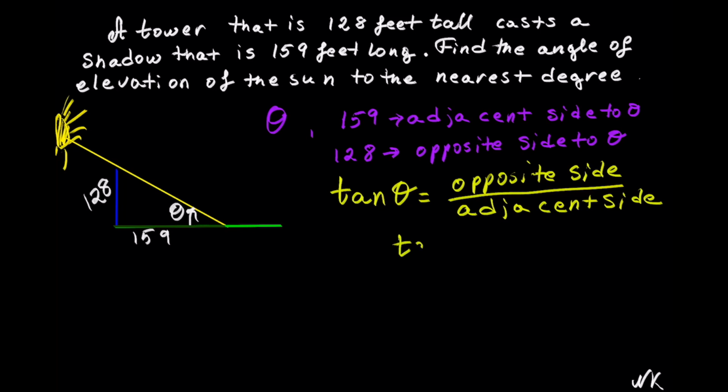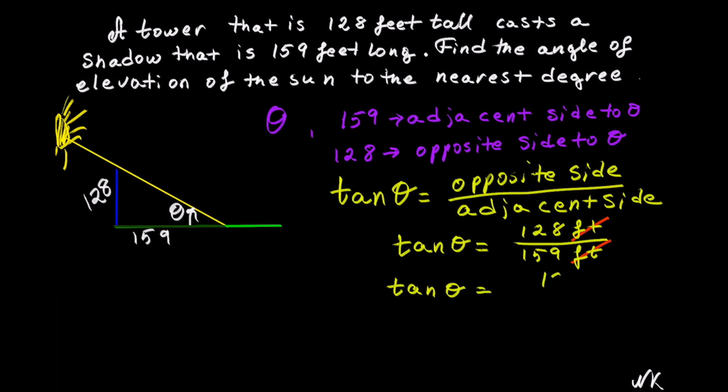So we have tangent theta is equal to the measure of the opposite side to angle theta is 128 feet out of the measure of the adjacent side is 159 feet. Feet and feet will cancel, which is good. So now we have tangent of theta is equal to 128 out of 159. We need to find the angle of the elevation, which means we need to solve for